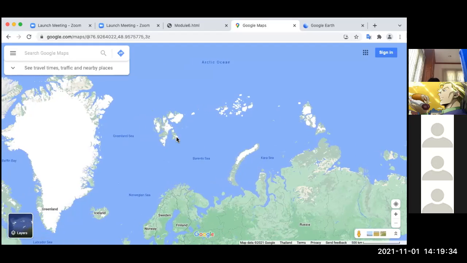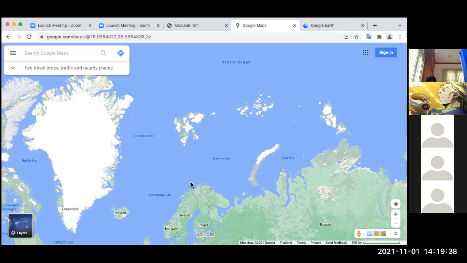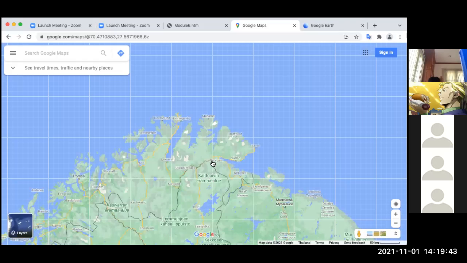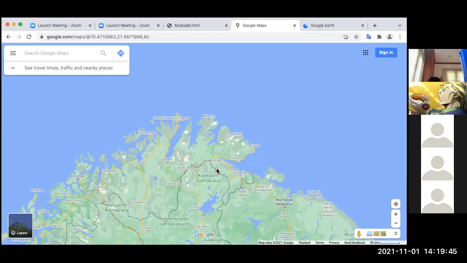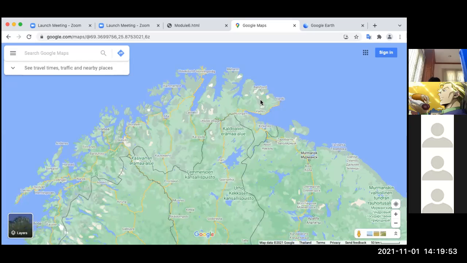The Arctic Ocean, so there will be countries here. Finland? Well, actually Finland not. Finland, if you look here, was not mentioned in the article. Finland is not connected to the Arctic Ocean. And Sweden as well. You see, this is Norway. This is Norway. Maybe Finland.